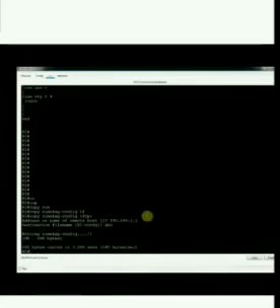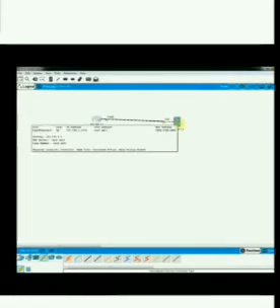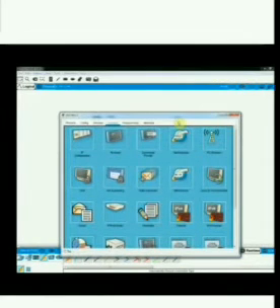Then it will ask what name you want to give the file. It is saving in the server, and we need to give a name.